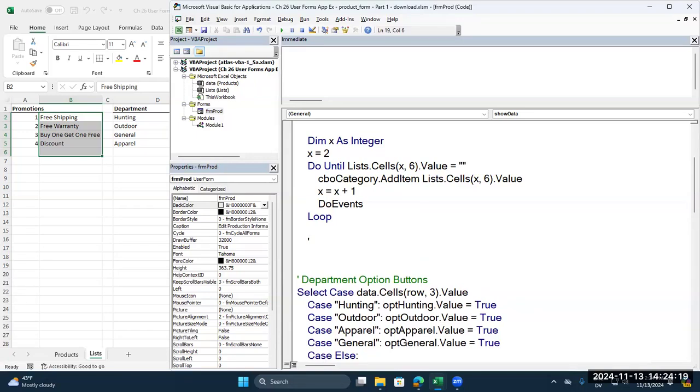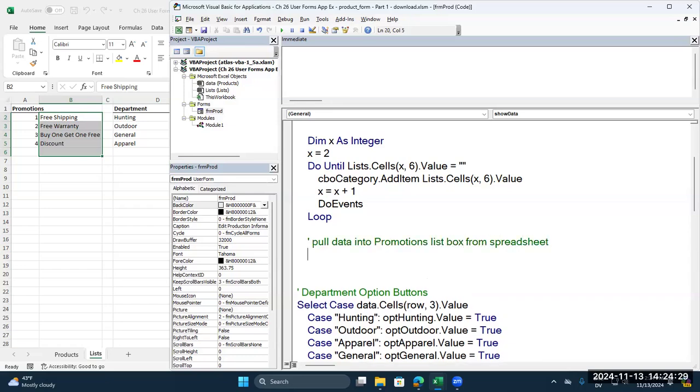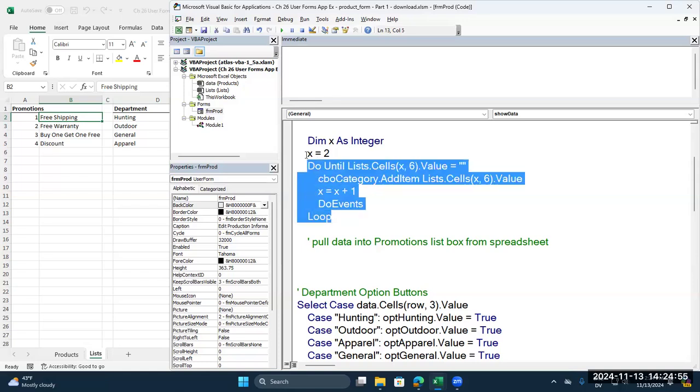So I'll just add a little comment to myself. What we're doing is pull data into promotions list box from spreadsheet. And what we need to do is we'll just create a little bit of a loop here. We have 4 promotions right now. Could there be more promotions in the future? Yes. So if we hard code this loop to 4, we're going to have to come back and change this later on. So instead of doing that, let's do a do loop,